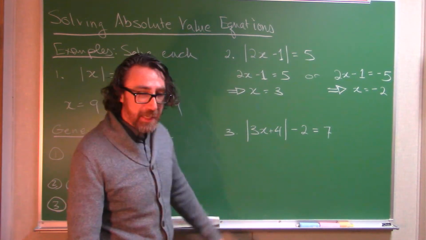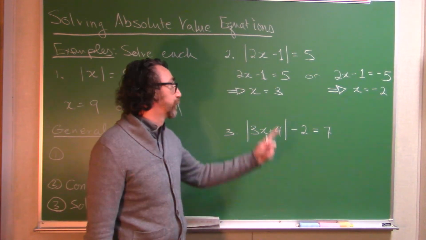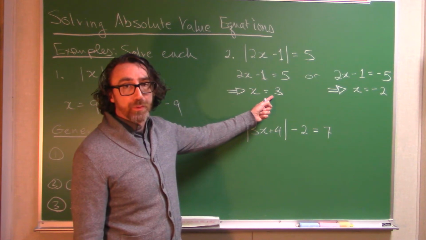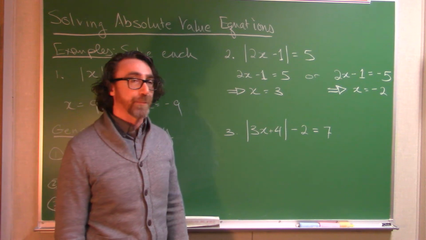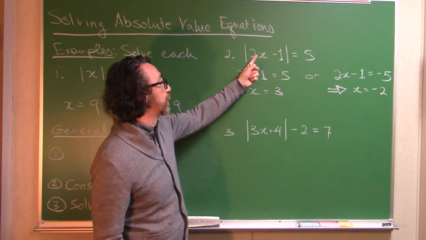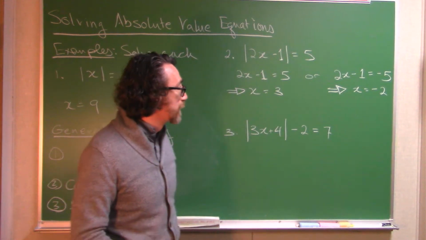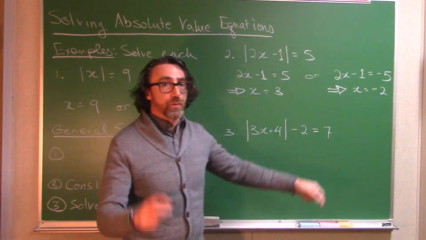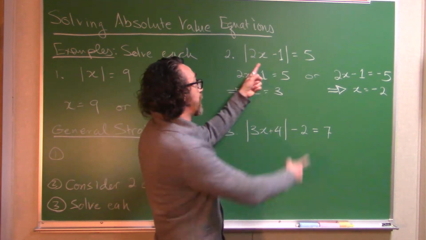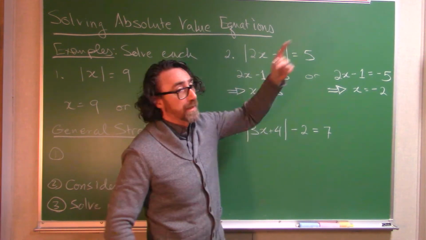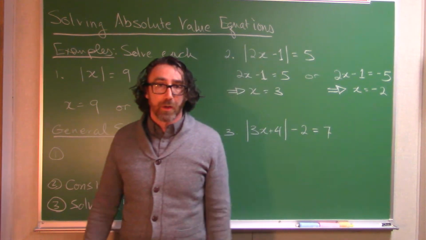Now, of course, when we have an equation and we're solving an equation, we can always check our answer by substituting our proposed solution into the original equation and checking whether or not it's a true statement. So if x does equal 3, 2 times 3 is 6, minus 1 is 5, take the absolute value, you get 5. Great, that one works. If x equals negative 2, 2 times negative 2 is negative 4. Minus 1 is negative 5. Take the absolute value of negative 5 and you do get 5. So both of these values are solutions